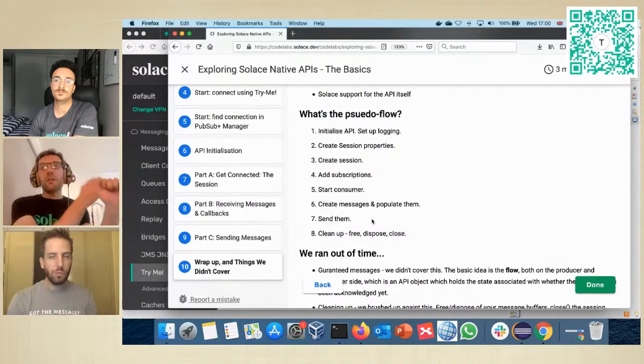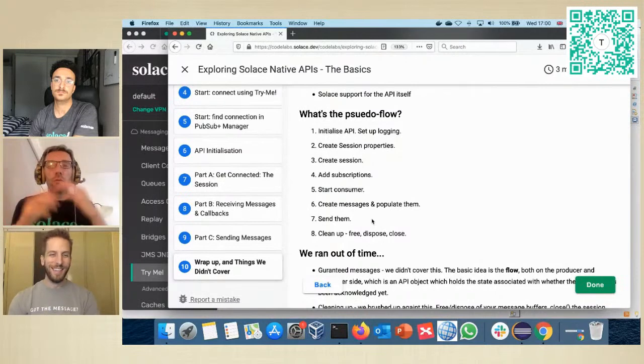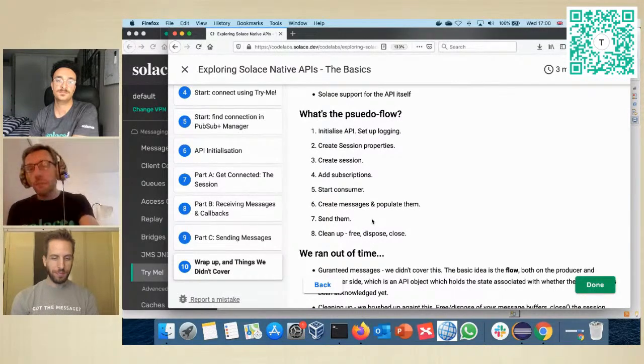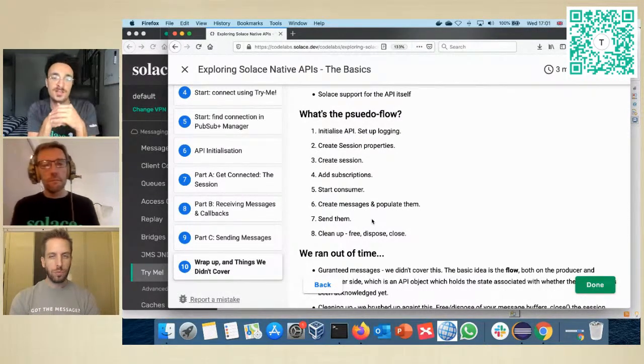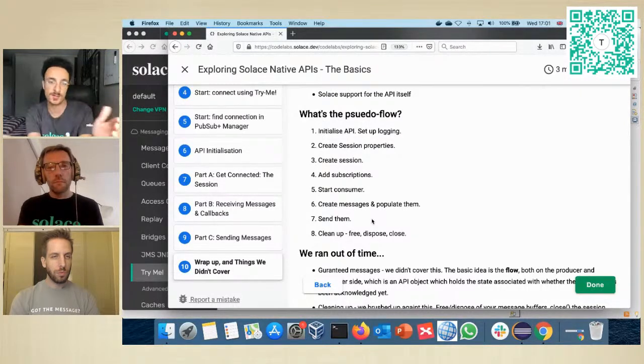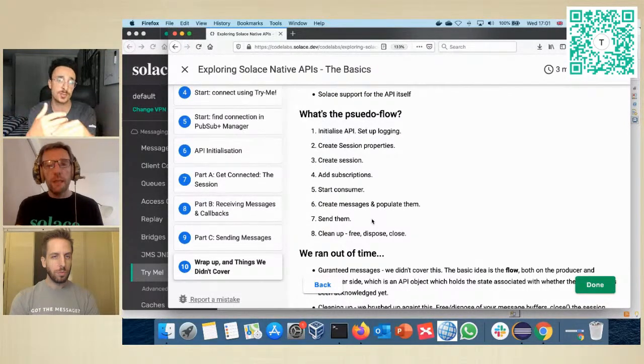Best practices: don't send a message, close the session, and open the session up again. Keep your session open, reuse your message buffers, and always send to a topic. Okay, perfect. And as you mentioned as well, there are definitely way more features and functionalities in the APIs,